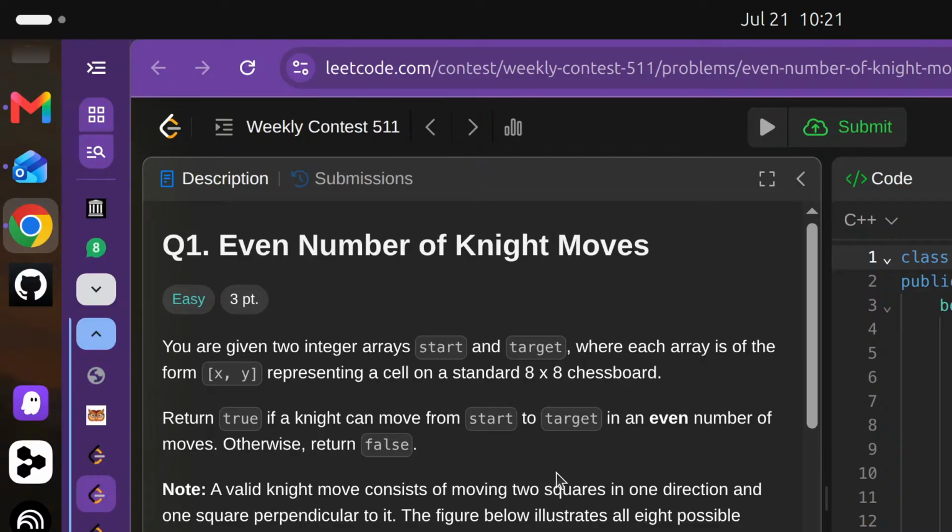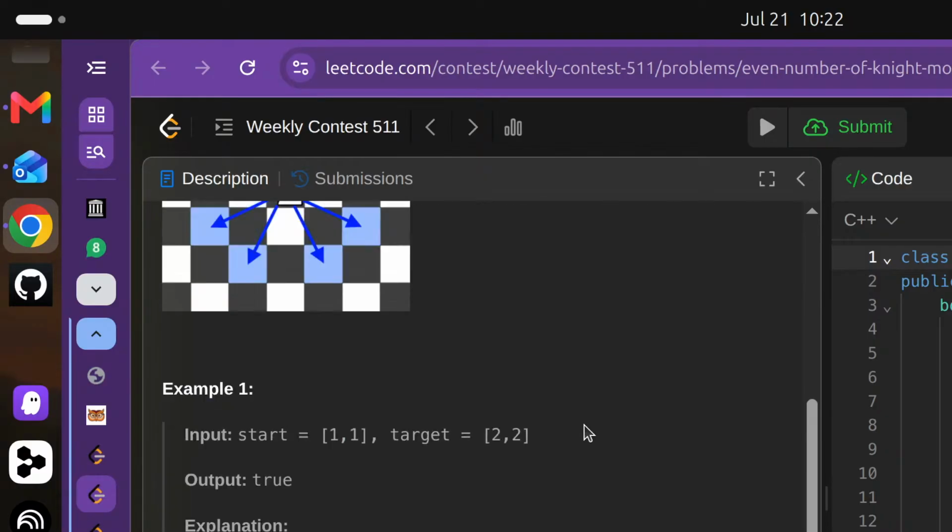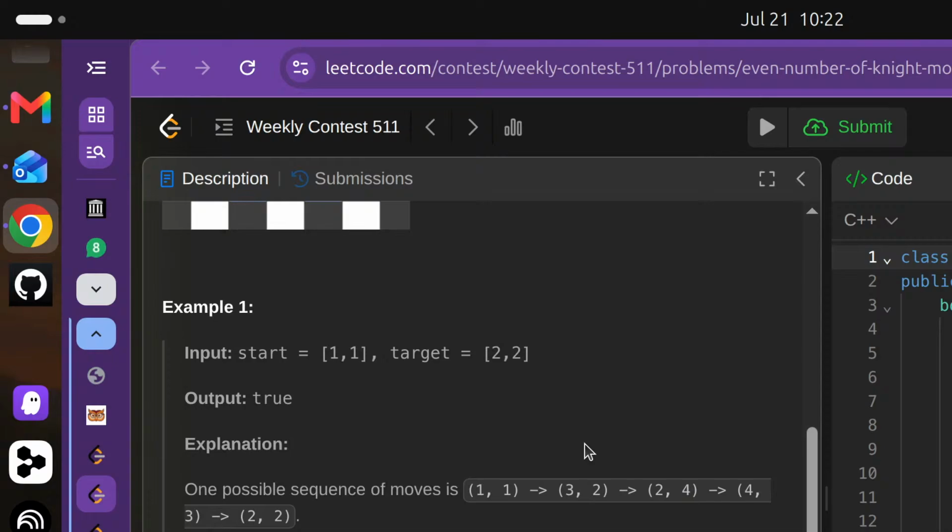Like if we can move from this to this, so we will have a start array and we will have an end array, and